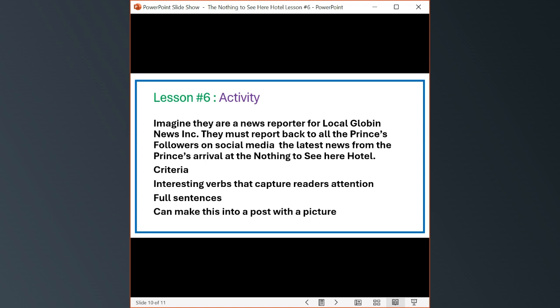So today, they're going to imagine they are a news reporter for the local Goblin News Inc. They must report back to all the princess's followers on social media the latest news from the princess's arrival at the Nothing to See Here Hotel. They use interesting verbs that capture the reader's attention, write full sentences, and they can make this into a post with pictures. I would set very clear criteria around this, particularly